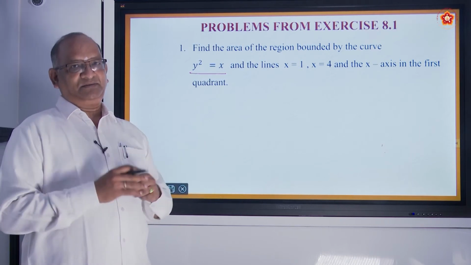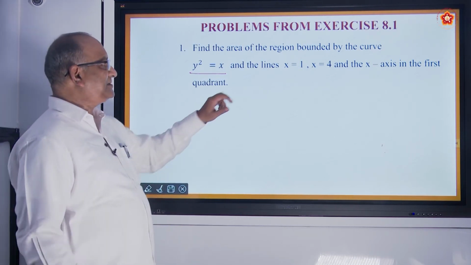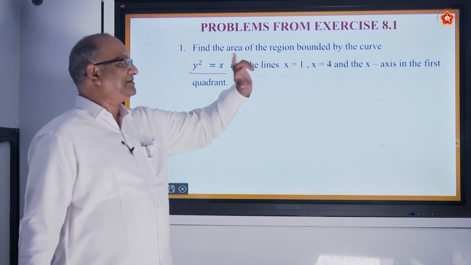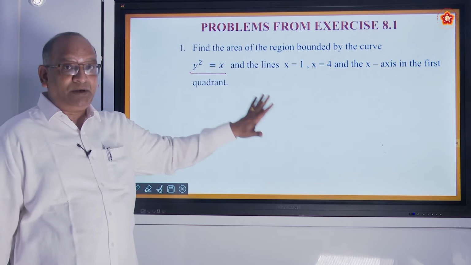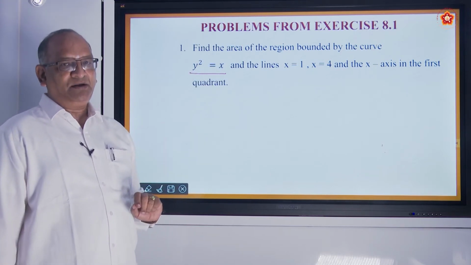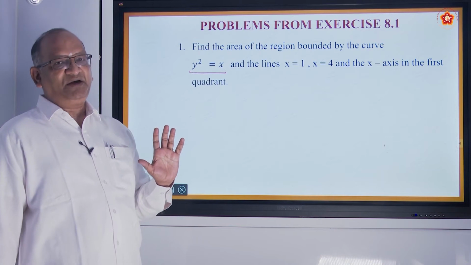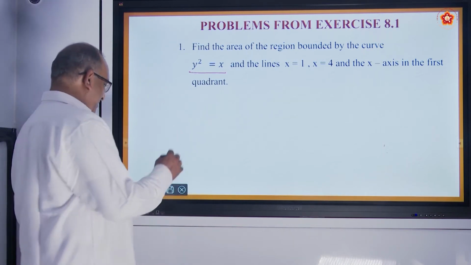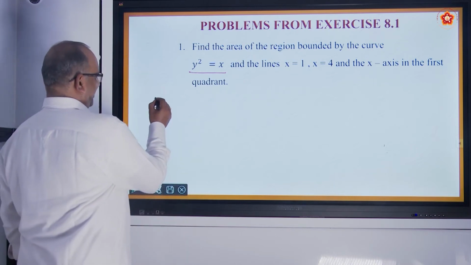So draw that. First you draw it, then he says between the lines x equal to 1, x equal to 4 and x-axis in the first quadrant only. Only in the first quadrant we have to calculate the area. So first and foremost thing which we will do is, first we will draw the curve. So take the equation y square equal to x,